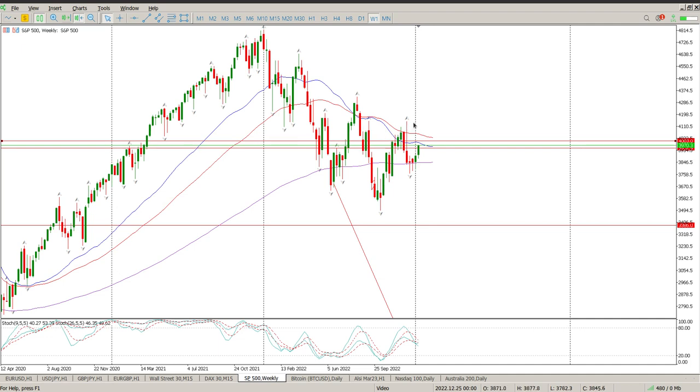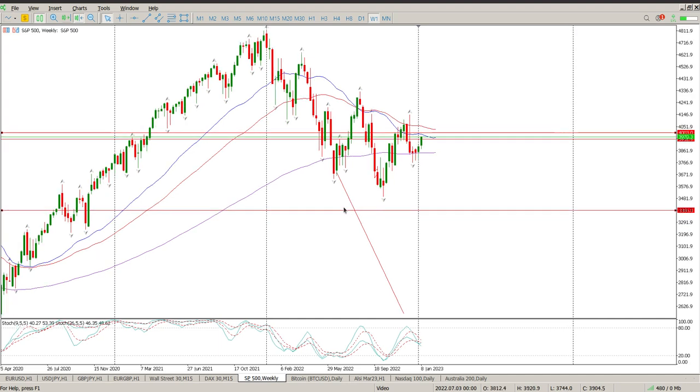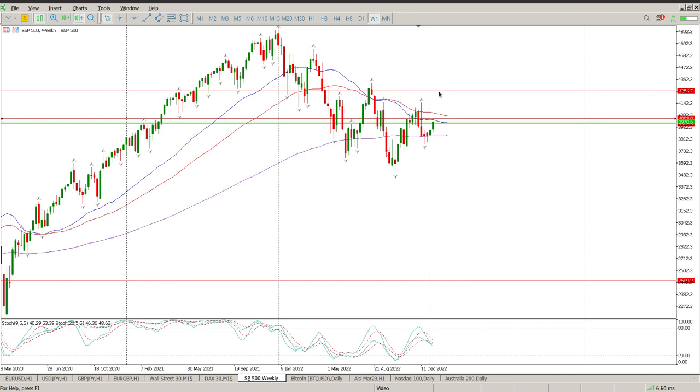So from a weekly perspective, I've got a lot of noise here. Let me just get rid of the noise. Okay, so from the weekly perspective, we have been making a series of lower highs here, and we have been making lower lows. So technically, we've been in a downward trend. Now we did get this big rejection weekly bar here, but then immediately got a tweezer bottom off the 155 EMA here. So as far as I'm concerned, we are looking for a break higher,